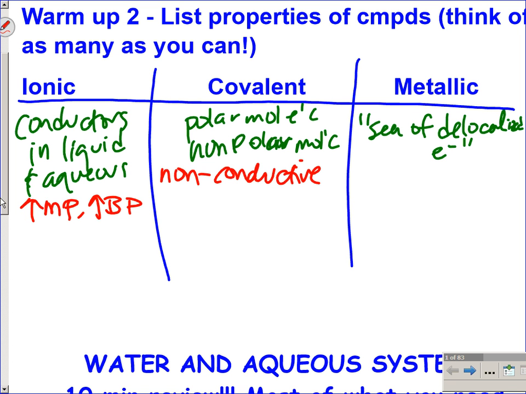Let's go back to Jacob's group. High melting points and boiling points as well. Good. Somebody else at your table? Keep going. Maybe what's the composition of these types of compounds? What's in them? Which one's metal, non-metal? Ionic. Okay, so many times our ionics can be a metal and a non-metal, or it can be two ions